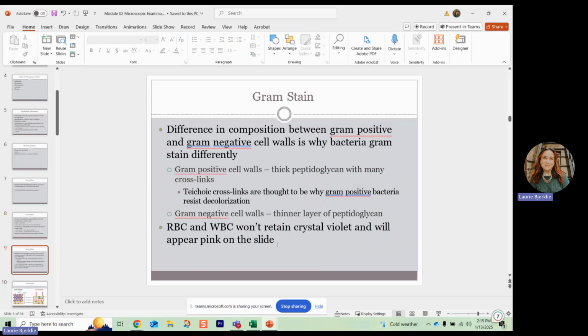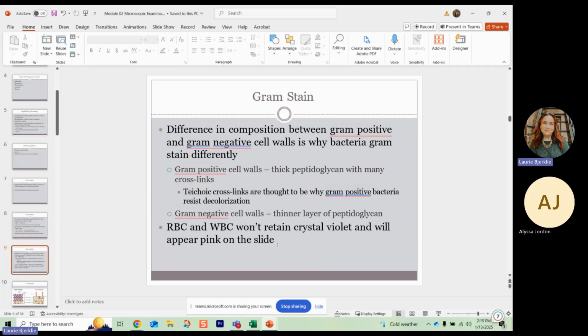So if there are cells that are getting gram stained, like red cells or white blood cells, like neutrophils, those are all going to be red on the gram stain. They are not going to keep any of that crystal violet because they don't have a peptidoglycan layer to embed it. So they'll just stay with the last reagent possible, safranin. They'll keep that color. So any cells that are there, squamous epithelial or another one that you will see, they'll all be